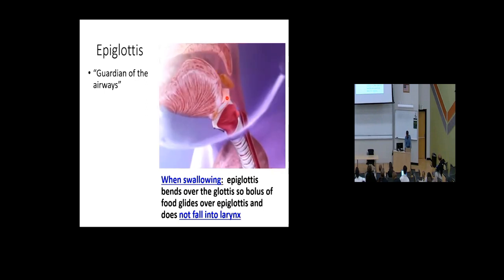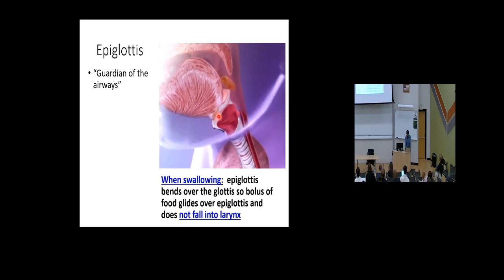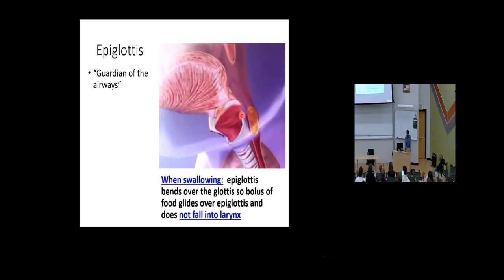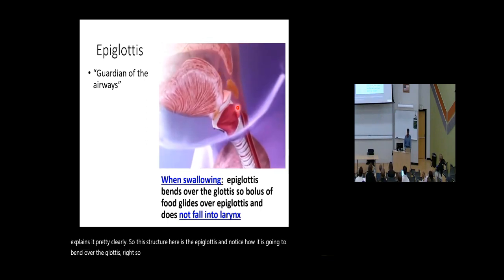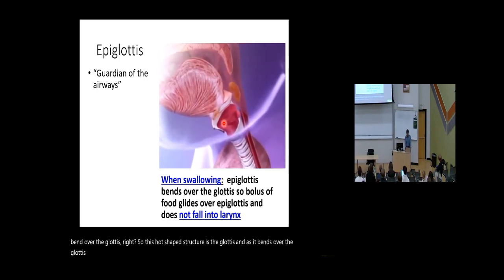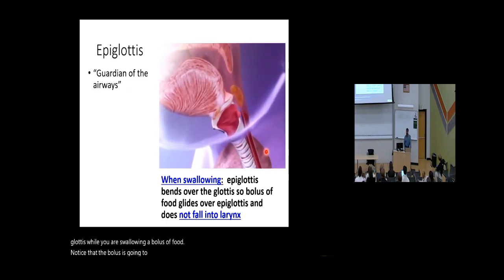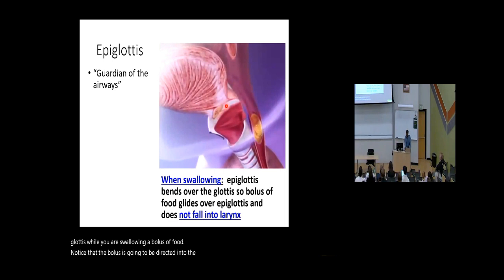So this structure here is the epiglottis, and notice how it is going to bend over the glottis, right? So this heart-shaped structure is the glottis, and as it bends over the glottis while you're swallowing a bolus of food, notice that the bolus is going to be directed into the esophagus. Now if the epiglottis did not do that,